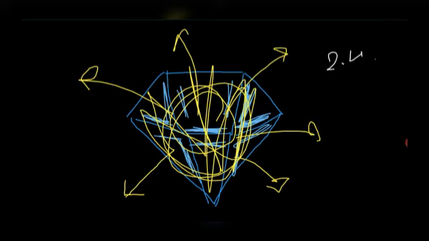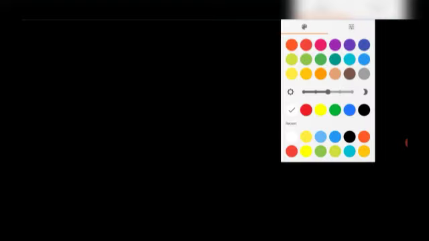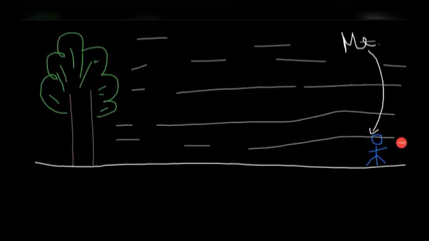Next one is mirages. If you ever see, not even in a desert, nowadays anywhere in India we get to see these mirages. Let's say there is one tree here. One second, let me draw the diagram first. Okay, let's say this is a diagram. There's a tree here and that is me, just standing out of nowhere.